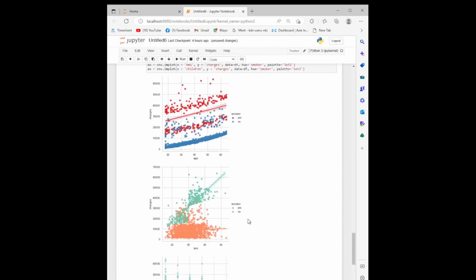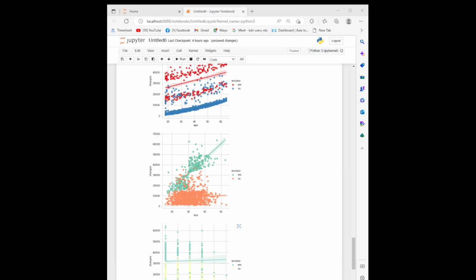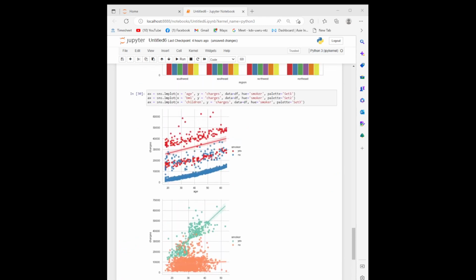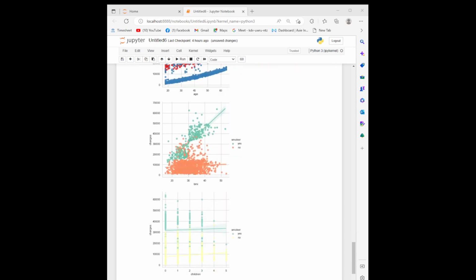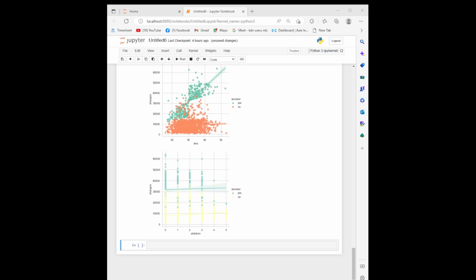Alright, so looking at the scatter plot, smoking has the highest impact on medical costs, even though the costs are growing with age, BMI, and having children. So next is